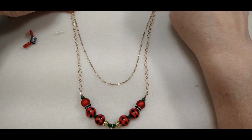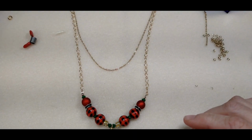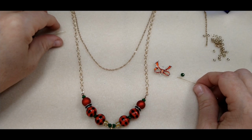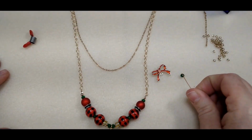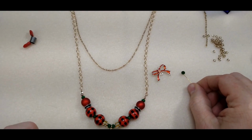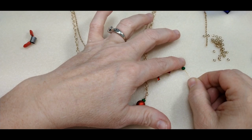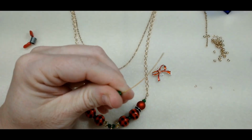And I may want it to go up a little bit because we're going to make another little dangle here, okay? So I'm going to let that rest for a second and let's go ahead and do this. So we're doing the same thing as before. It's just going to match it. We're going to take our little rondelle, put it on our head pin,